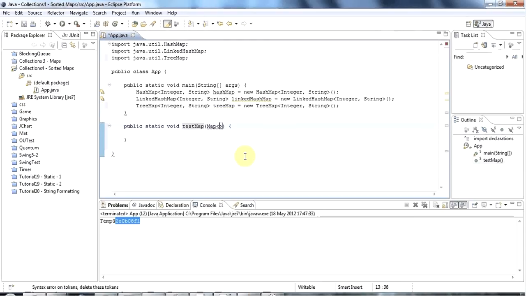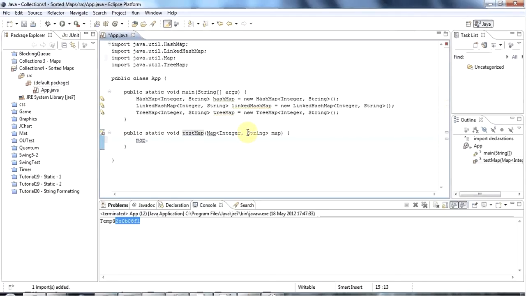I have to also put the parameter types in. So I'll just call this map, and the map interface has all the methods you need for manipulating your map. So let's start by adding some values to this map that I'm going to pass in. I'll just do Ctrl Shift O to add the import again. And one of the most important methods of a map, of course, is the put method, which we saw in the last tutorial. So here, let's add in